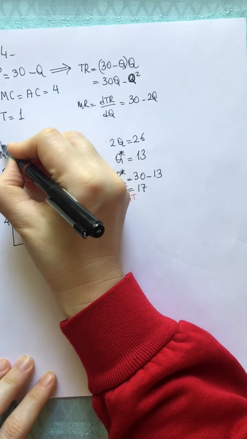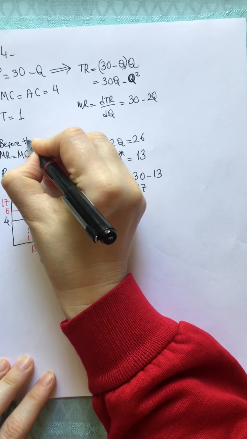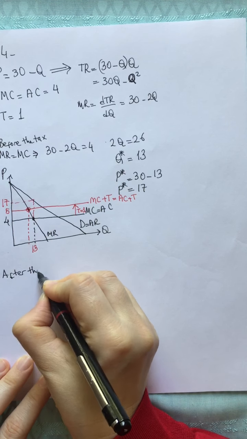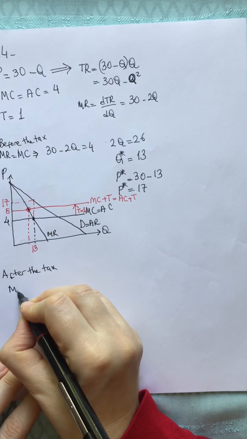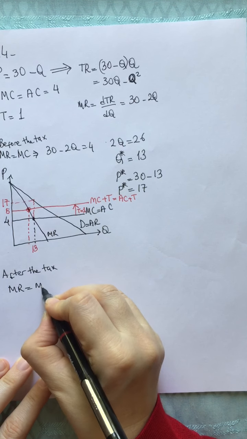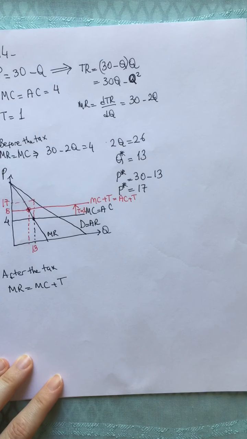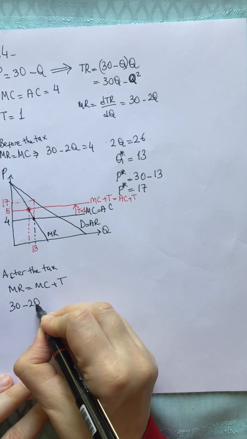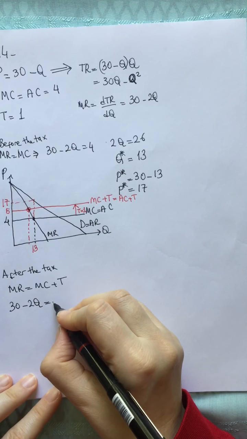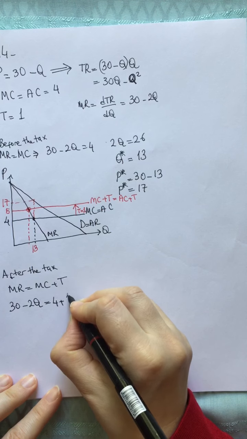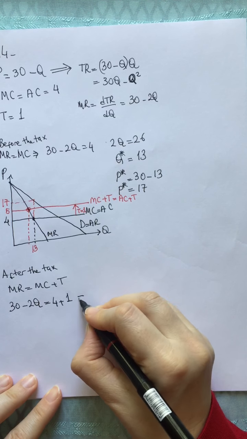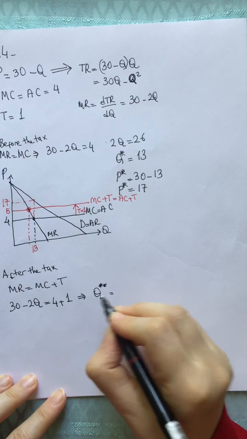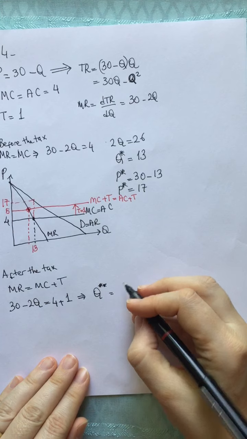So let's say this is before the tax. After the tax, the firm will equalize marginal revenue to the marginal cost plus tax. So marginal revenue is 30 minus 2Q and the marginal cost plus tax is 4 plus 1, which is 5. So the profit maximizing level of output after the tax, let's say Q2 star, is